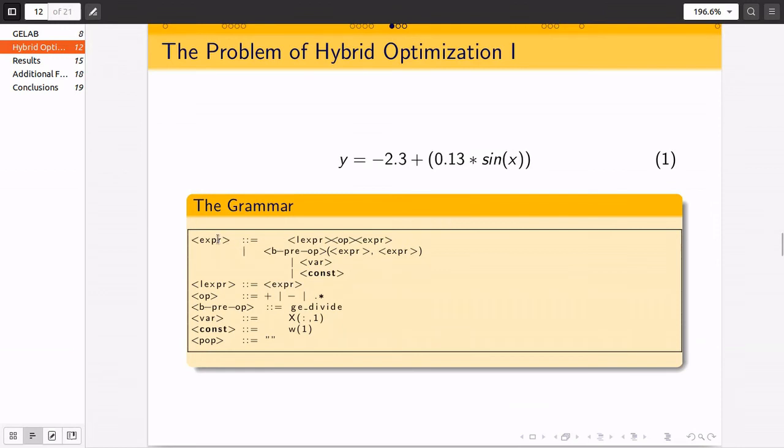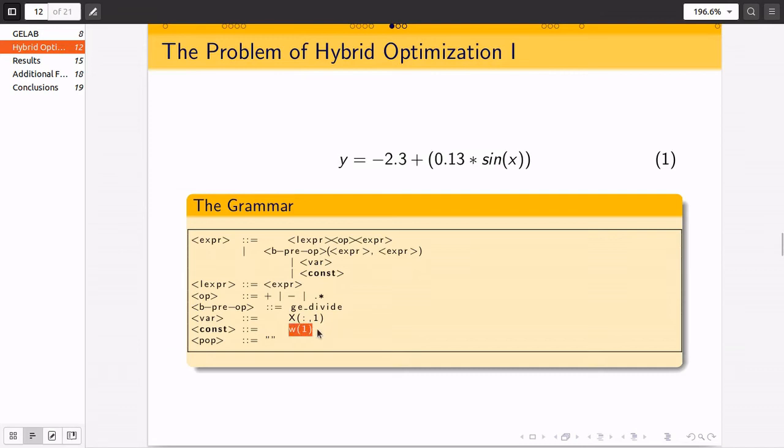So this is the grammar that we have actually ourselves used in our case in hybridizing grammatical evolution with other numerical optimization algorithms. Over here, this is a typical grammar written in Backus-Naur form with its production rules. However, over here we have this terminal symbol that is constant, which has a value of W1 up to W2, W3, W4, and this is the format in which MATLAB basically can accept